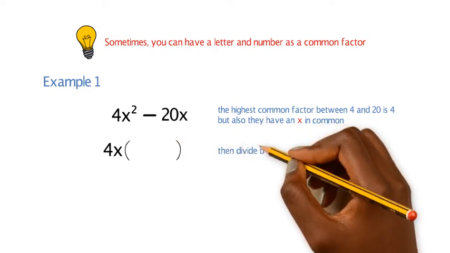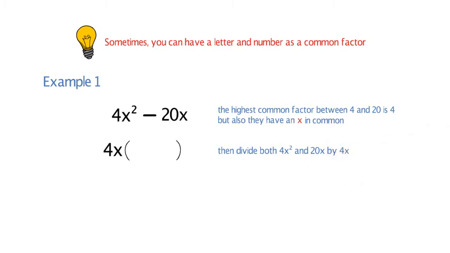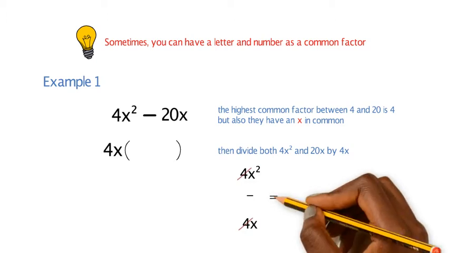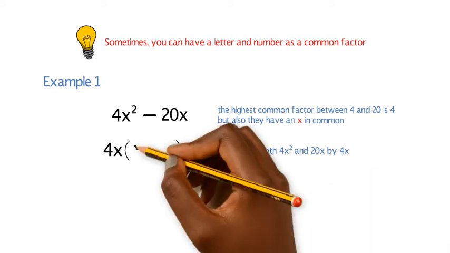So then if you divide both 4x squared and 20x by 4x, so if we do 4x squared divided by 4x, both of the 4's cancel out, and x squared divided by x is x. So x would go into the brackets,